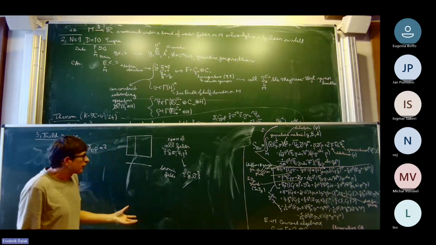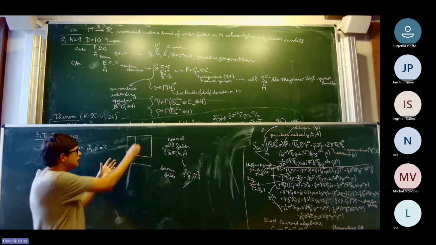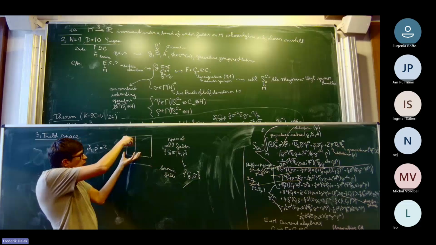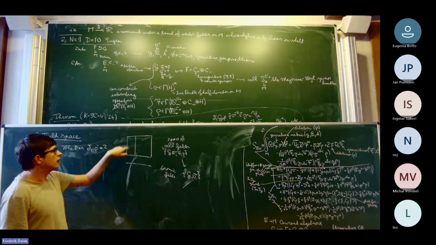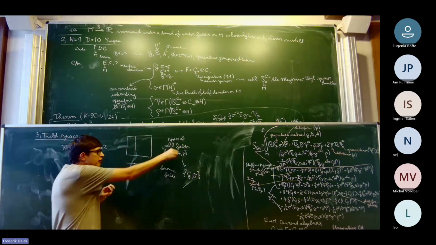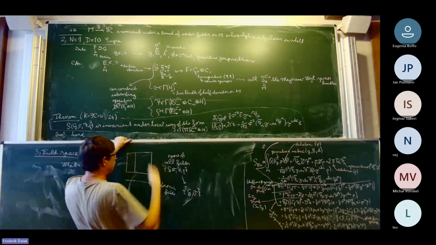So fields provide you coordinates on the field space, but not these guys, because these guys do not give you anything. There is not even any sort of open patch here. These things only make sense on the fiber. You cannot take a partial derivative with respect to those guys in the same way that you do elsewhere.